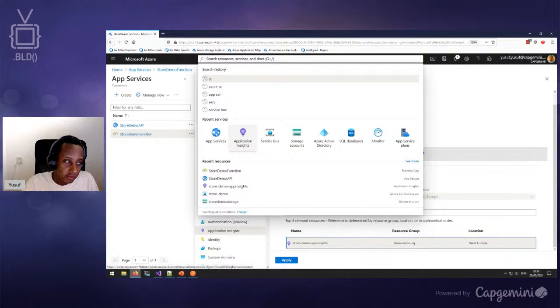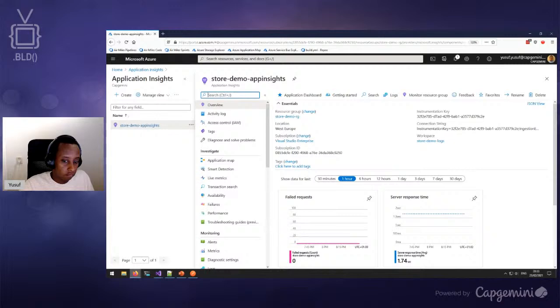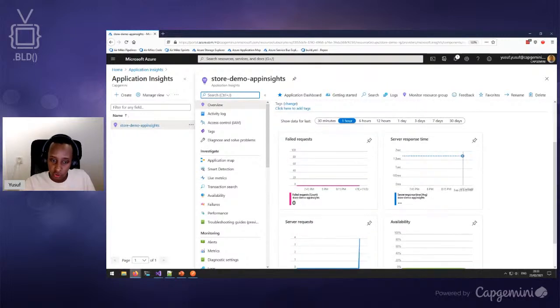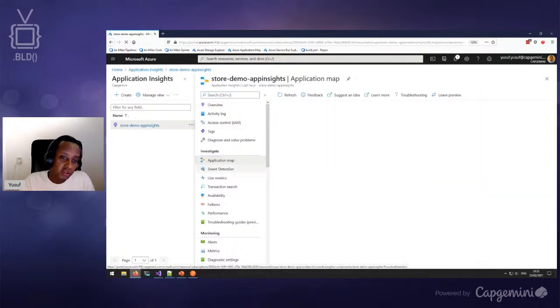So I'll go to Application Insights, and when you go first to Application Insights, the overview will show you a brief overview of how your resources are managing. So you can see there were 4 requests that came into our resources that connected to Application Insights. When I click on application map,